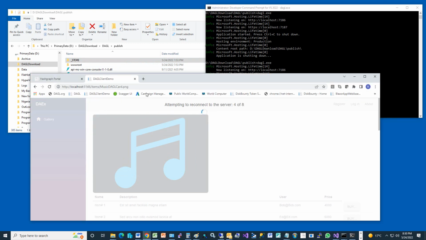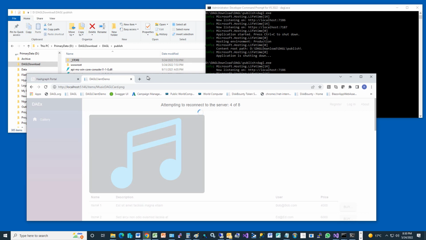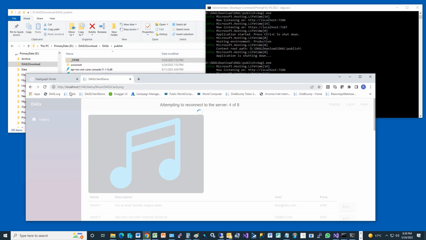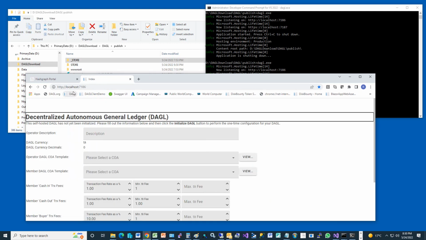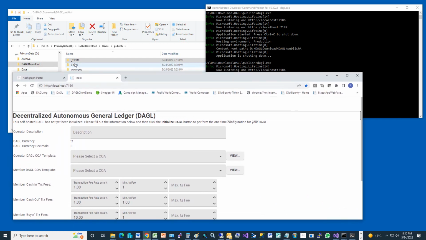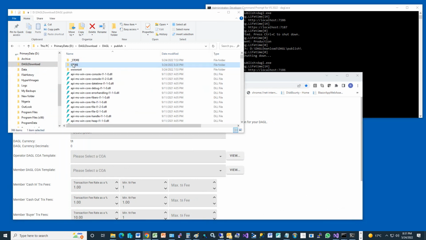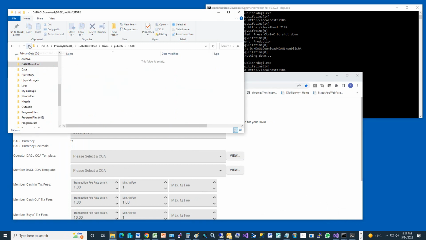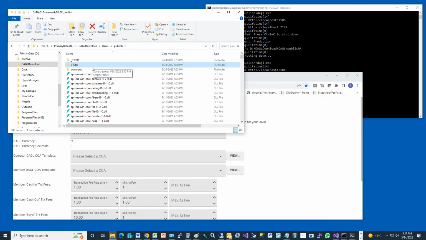So what we can do is come back to our browser, and this time we can go to DAGL itself. And because there was no store folder, notice how it's put back a store folder, but that store folder will now be empty. The store contains all of the journal entries that happen when you use the DAGL. The actual accounts, postable accounts, live on the Hedera distributed ledger, but the history of the transactions are recorded by